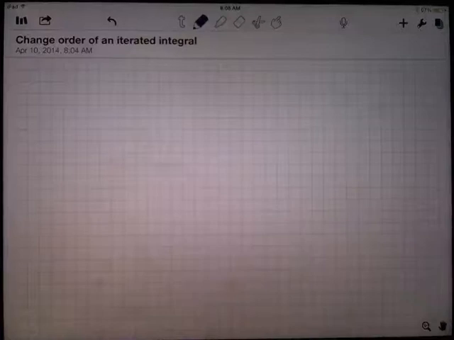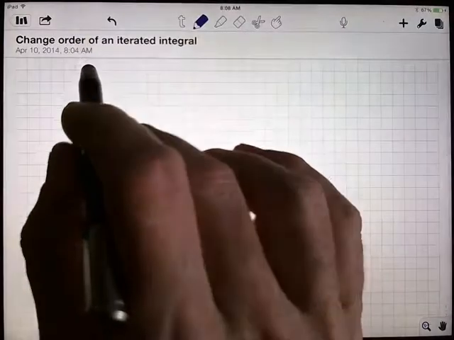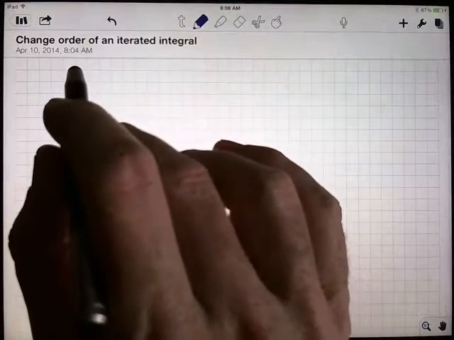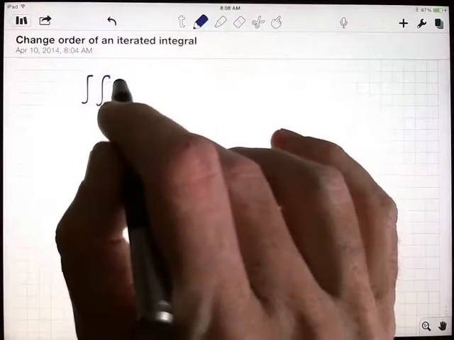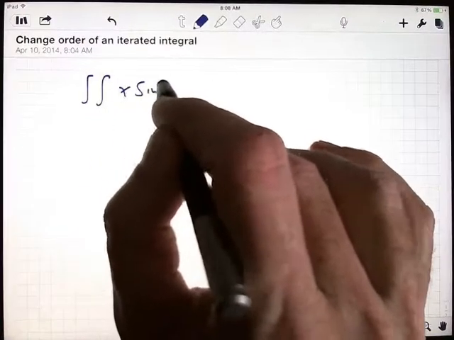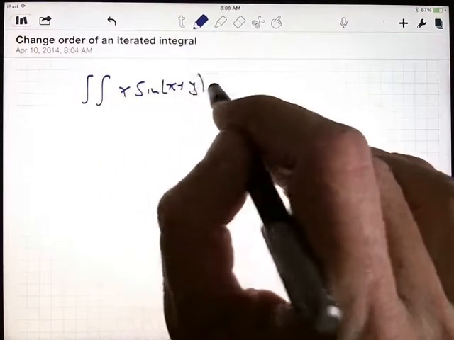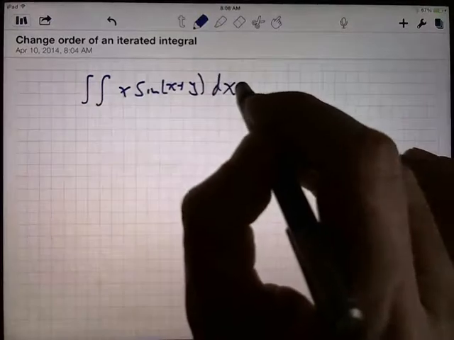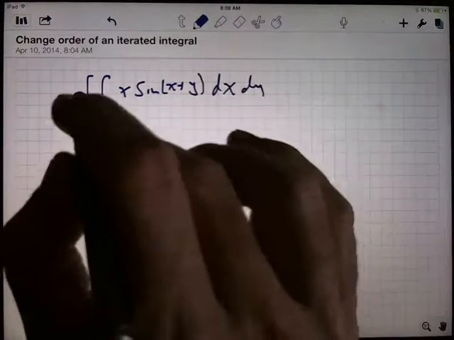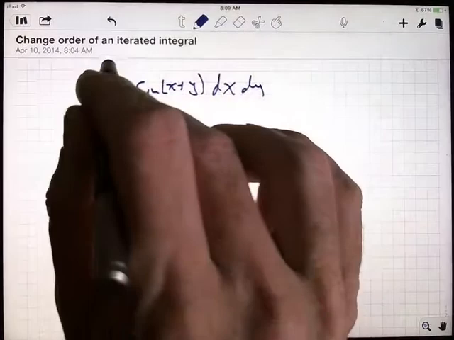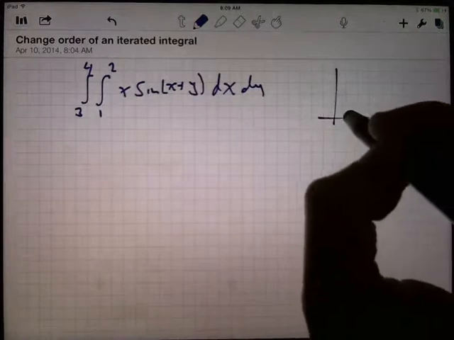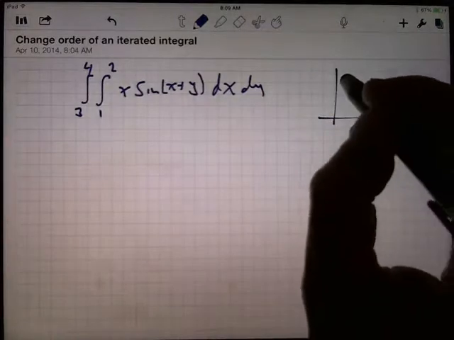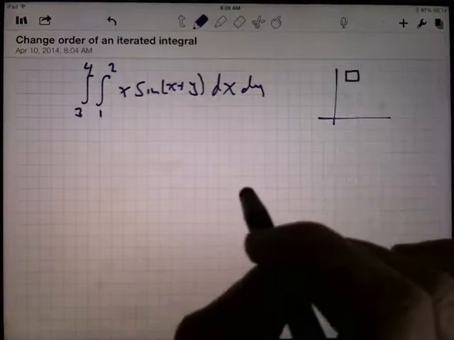There are times when you're evaluating double integrals or iterated integrals that you want to change the order of integration just because it makes it easier to do the integral. If you're dealing with a region that's rectangular, then it's really easy to do. If you're integrating x from 1 to 2 and y from 3 to 4 or whatever, I mean, you're talking 1, 2. So, if I'm integrating over that square up there,